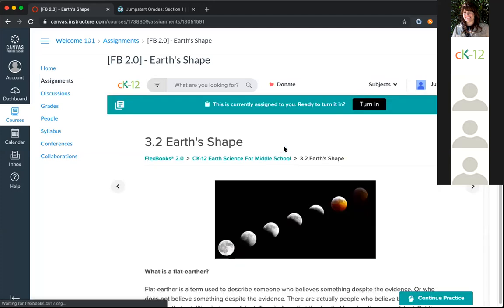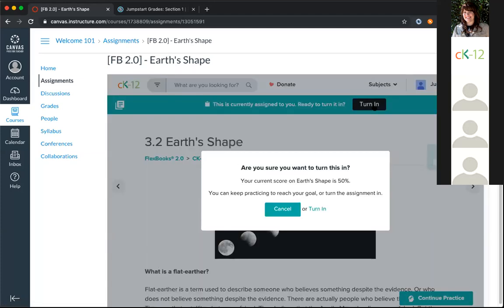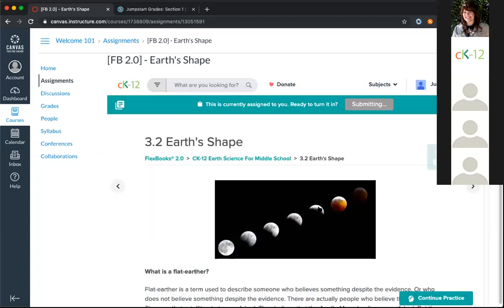This is a Flexbook 2.0 assignment. Here I've already attempted the practice. I'm just gonna click turn in. But the big thing is, as long as they see the turn in button there, and they've attempted the practice or quiz if it's associated, they should have no problems turning in, and then that score gets updated in the gradebook.